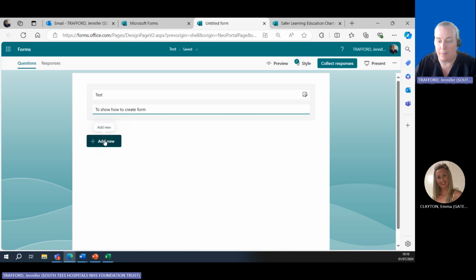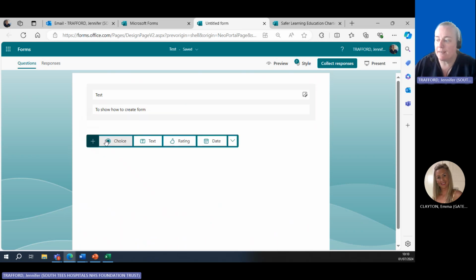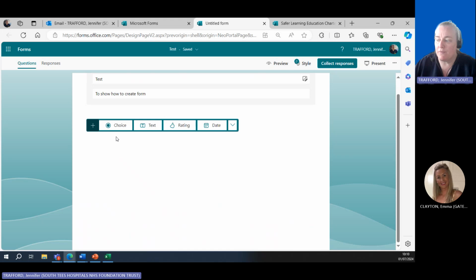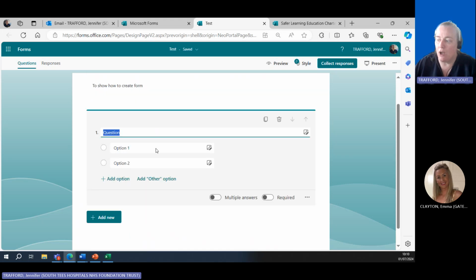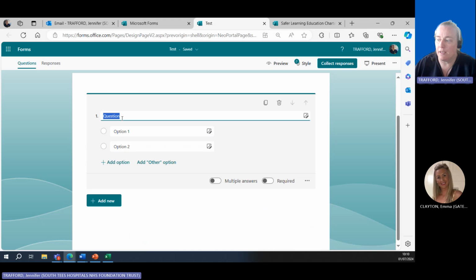So if you're going to do the same thing, if you're going to put a list of your learners, what do you want the nurses to link to? AHPs, what do you want it to link to? So have that written down so that you're all ready for that. And then what I would suggest is you just write out all of the questions in one go. So if you add to the list, you can choose. So obviously if you're doing one with text where you're asking them just why are you saying this, you say text. But if you add in options, so you can add your question in here,